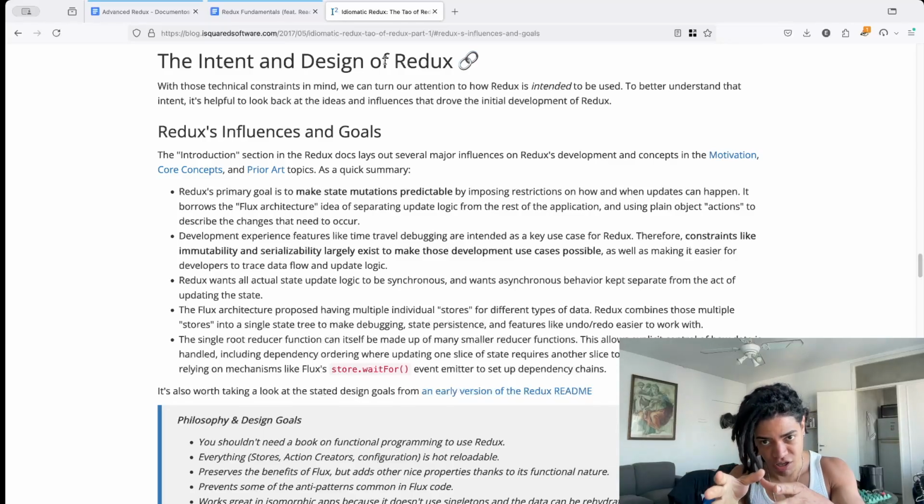As well as we need to separate the state update logic